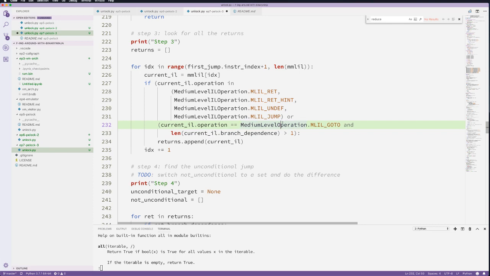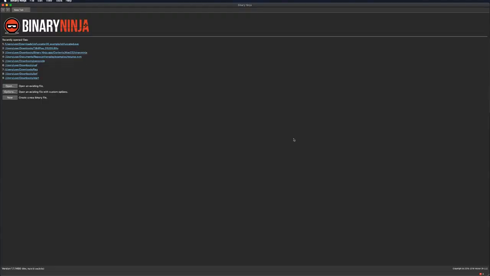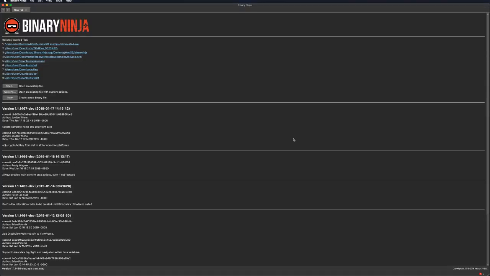Medium level IL operation. All right, so let's try that. And I can already see where that's going to have an issue eventually. When we encounter a true branch, like a real branch in the program, our branch dependence model is going to change a little bit because we're going to have to start